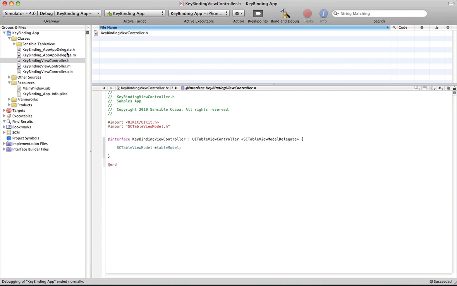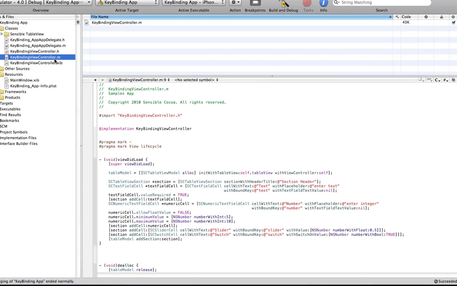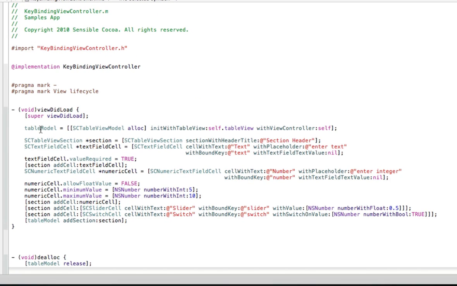I've started here by creating an application that's very similar to the one I created in the introductory video. So it's basically just a navigation-based application with a table view model created in the root view controller. And if I go to the implementation file, I've created an instance here of the model, created a section, and here I've created a text field, and notice